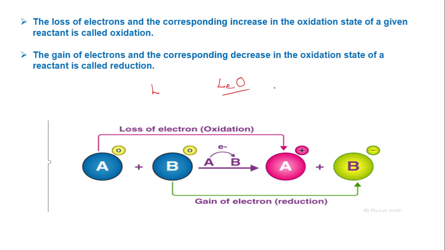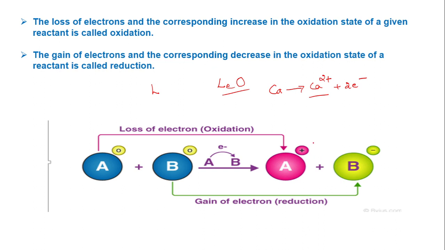Let us take one element. Calcium, when the electrons are removed, becomes Ca2+, as 2 electrons are removed from it. So it gets converted to a positively charged ion. That means calcium is getting oxidized. When it loses the electron, it gets oxidized. Look at the example here. Element A, when it combines with element B, gets converted into a positive ion, so it is getting oxidized. Element B will be gaining electrons, so it will become a negatively charged ion. That means it is getting reduced.